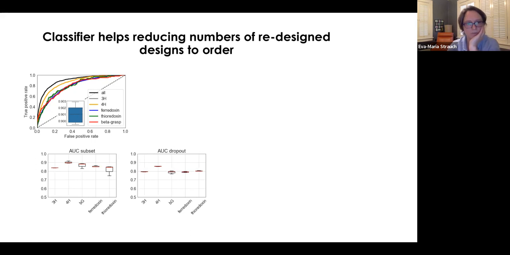If you take, for example, subsets, of course, then you do pretty decent. This is classifiers. It's just a classifier, but that's good enough if you want to decide whether you want to buy the design on that. Or the interesting part too is the dropout part, where you train on, you take out one